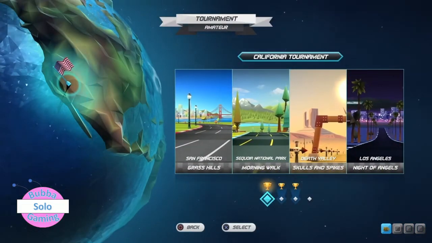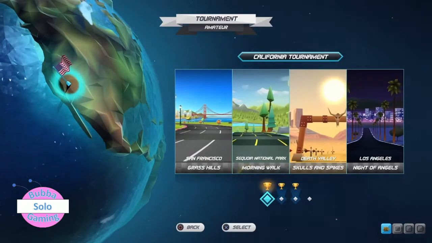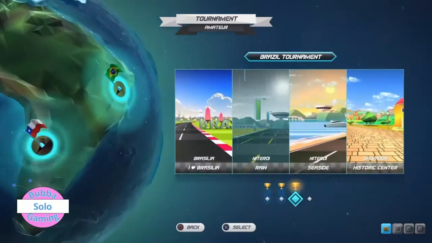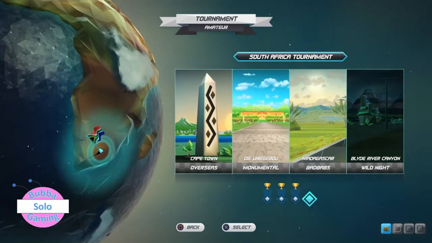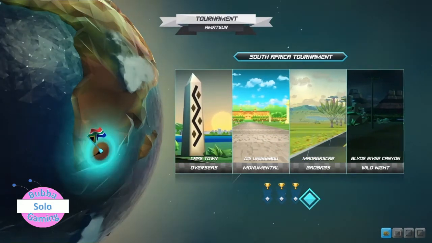Today I'm playing Horizon Chase Turbo, and I'm taking on the final stage of the amateur tournament in order to unlock the Ladybug. I've completed the first 3 stages of this amateur tournament. In order to get golds in each of them, I got first place in each of them, and it hasn't been too difficult because it is the amateur tournament, and I'm ready to take on the last one in South